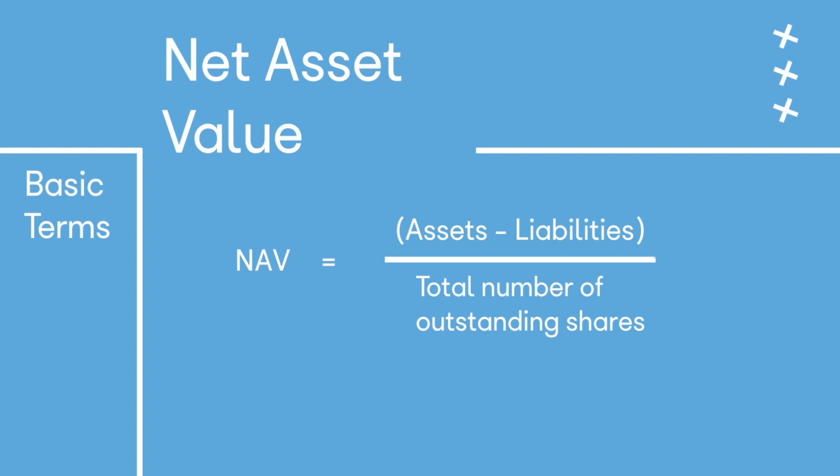Ideally, one could say that a mutual fund scheme having a lower NAV would be better than a mutual fund scheme having a higher NAV because in a lower NAV mutual fund scheme, you will get more number of units for the same investment which you make in both these mutual fund schemes.